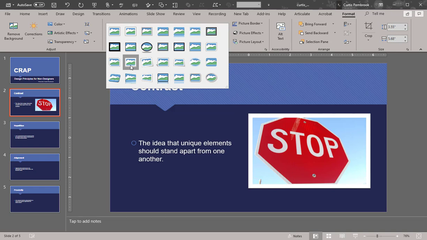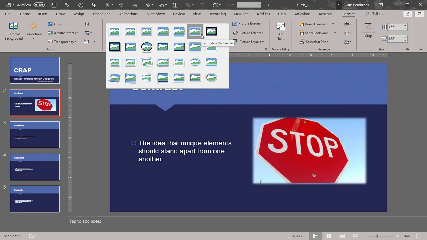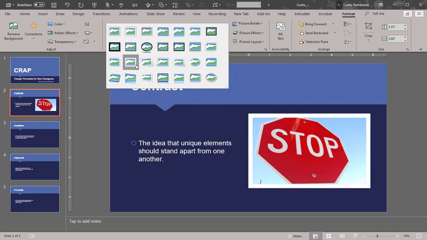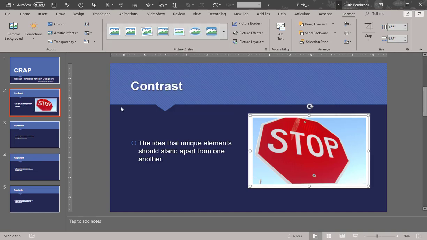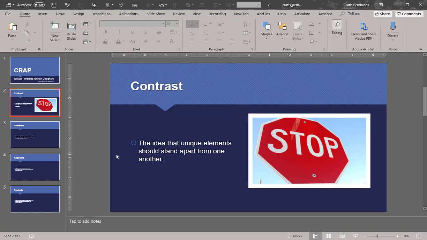This is pretty cool, but I like this particular frame. This is another one that's nice because you get a solid rectangle, but it uses a technique that's called soft edging or feathering. But I like this photo type frame thing, so I'm going to use this. Okay, now